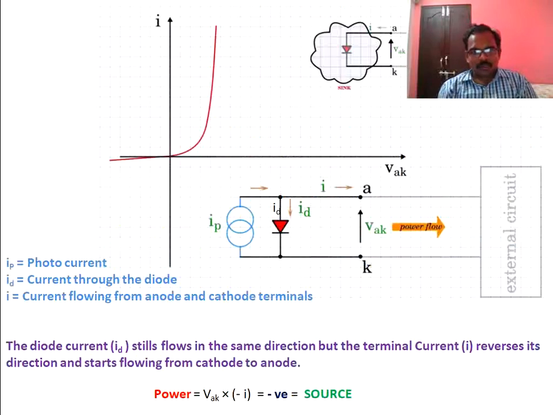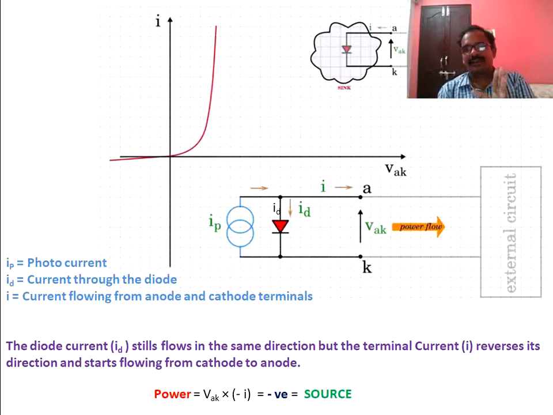Now the extra element we need to add in order to make the sink into a source is the solar energy. That solar energy can be represented in the form of a current source, IP, which is a photon current. Sunlight consists of photons. The flow of photons is nothing but a current, and thereby the solar energy is represented as a current source IP. I am adding an IP to the left of the diode.